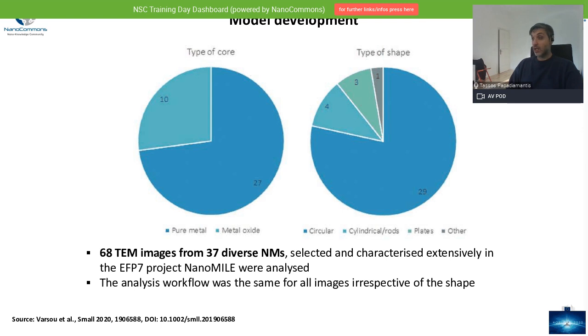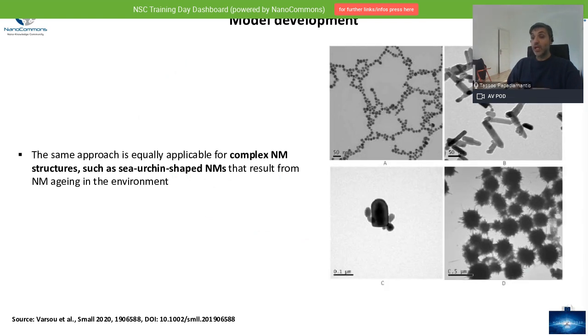Some of the other images originated mainly from aging the particles, as we will see in the process. So we used the same approach to develop the model in order to measure the different descriptors, which we applied to different types of materials.